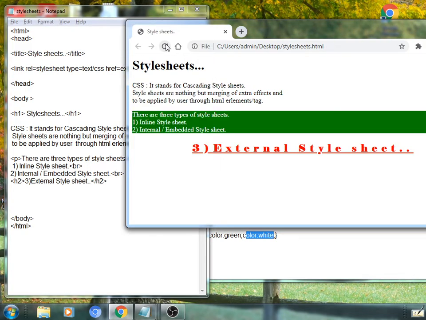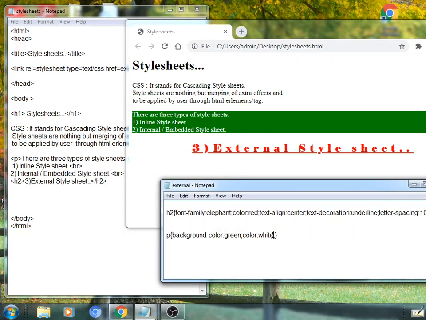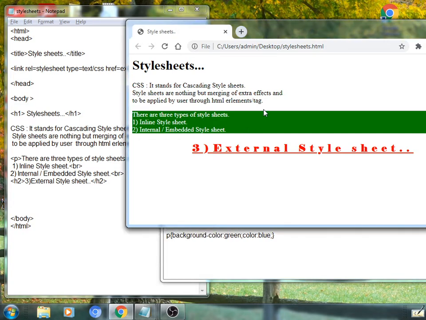See here, this paragraph with the background color green, text color white. You can also change the text color. I have chosen blue for the text. See here, it is applicable.